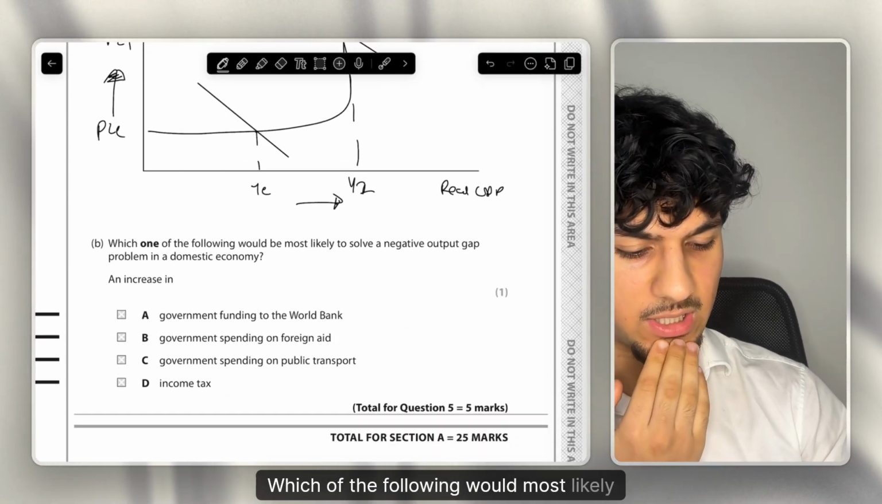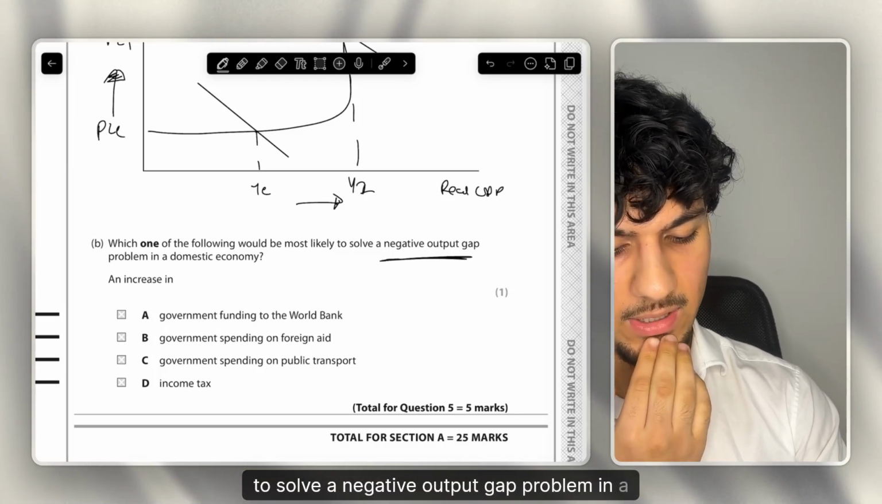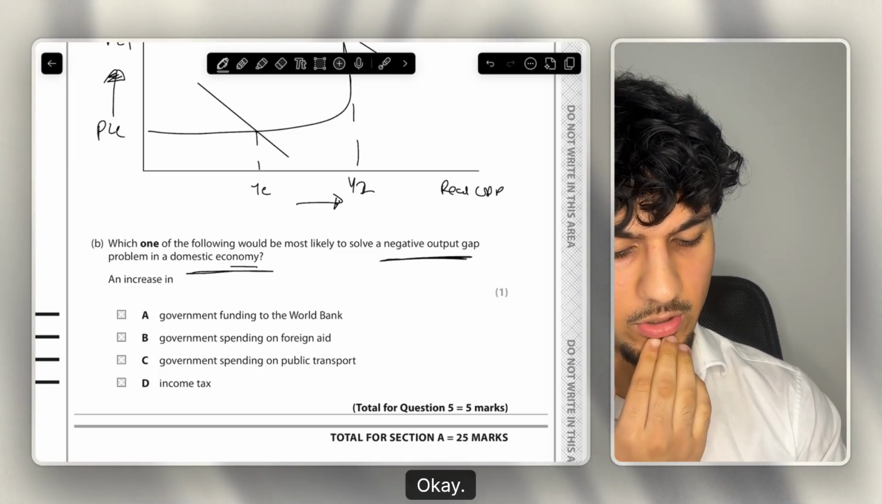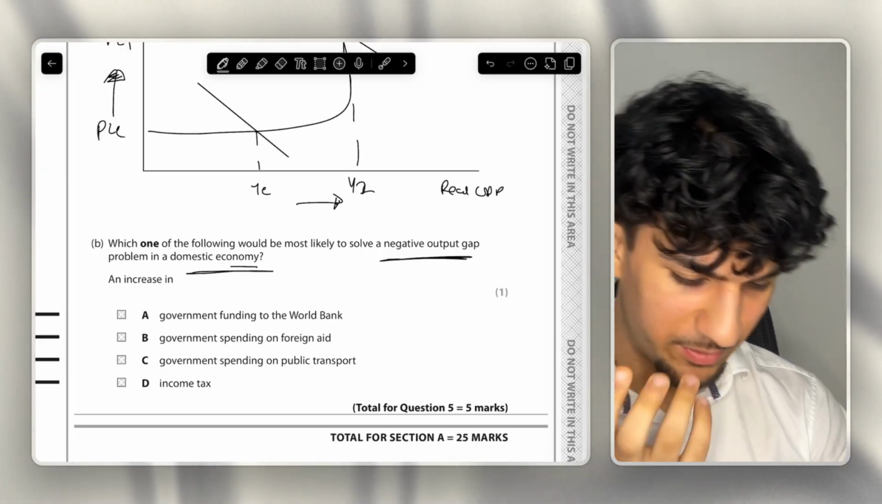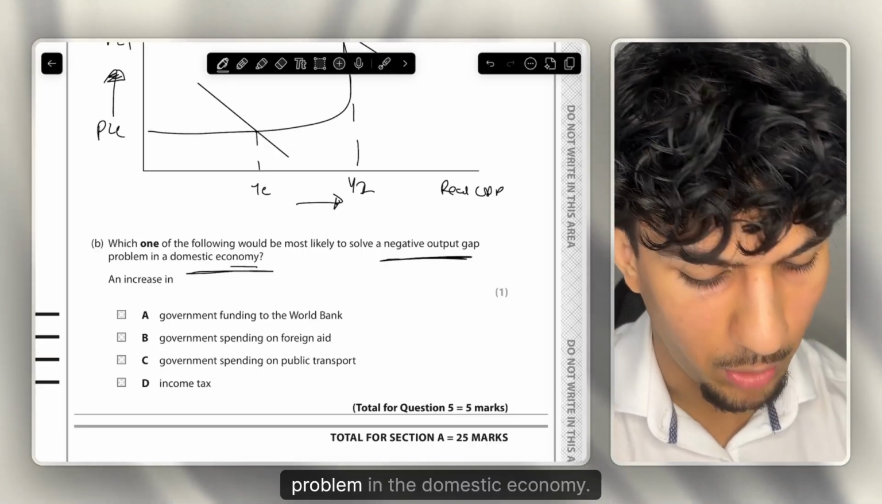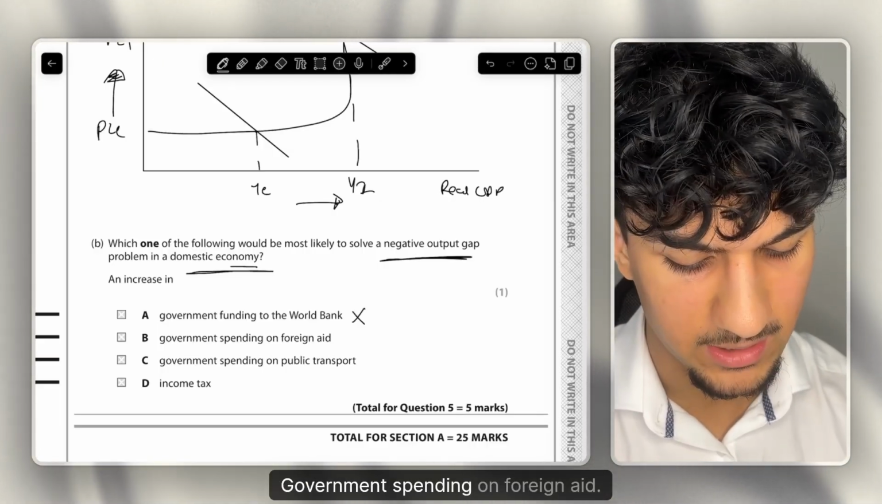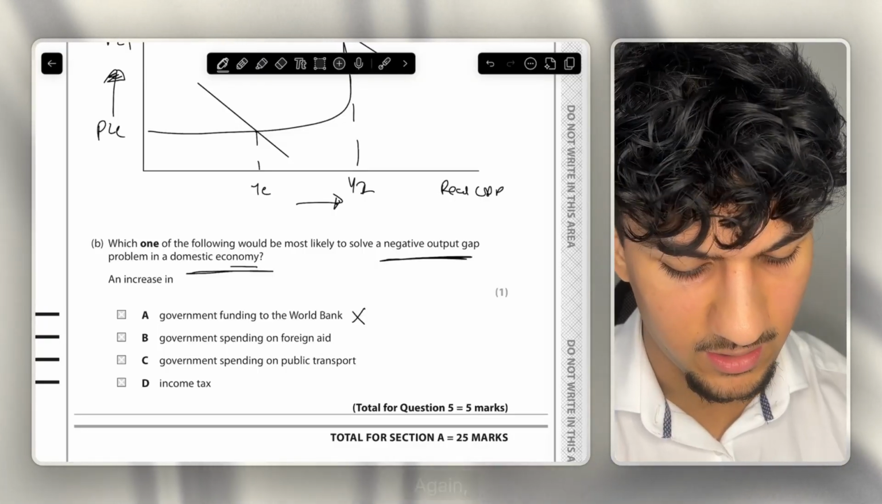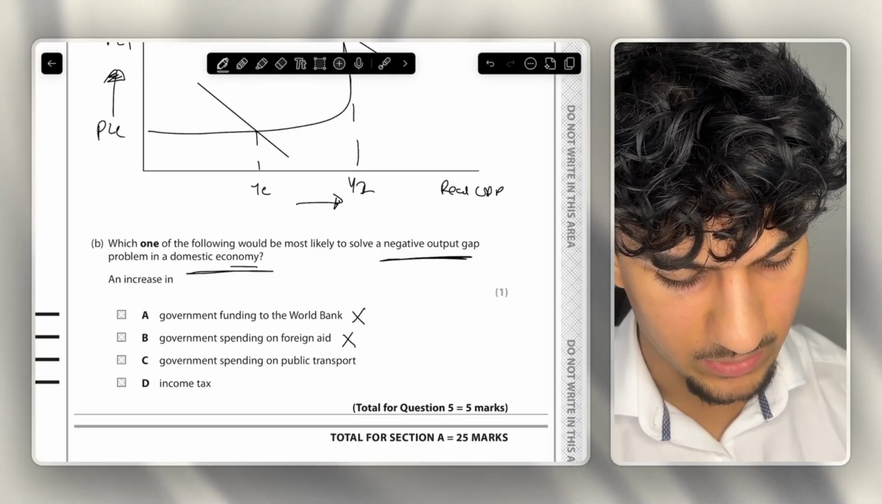Which of the following would most likely solve a negative output gap problem in a domestic economy? Okay, an increase in government funding to the World Bank. Even if you didn't do economics, I'm pretty sure you'd be able to say that would not solve the problem in the domestic economy, since you're not spending on the domestic economy. Government spending on foreign aid, again, you're not spending on your own economy,